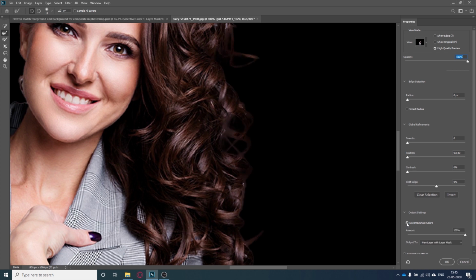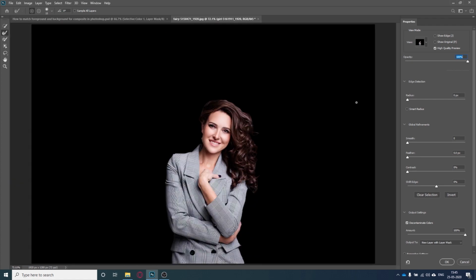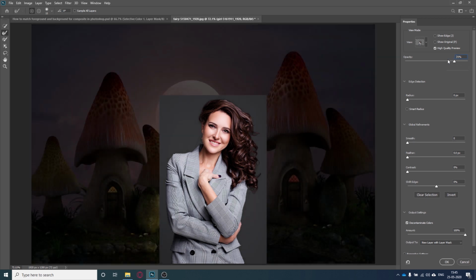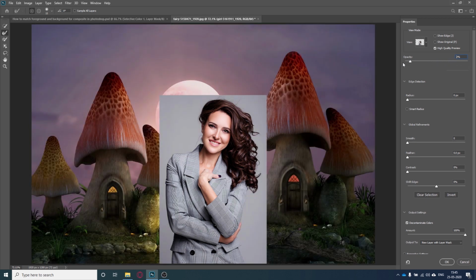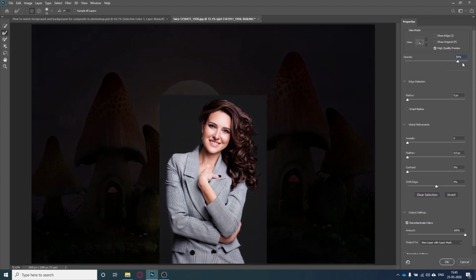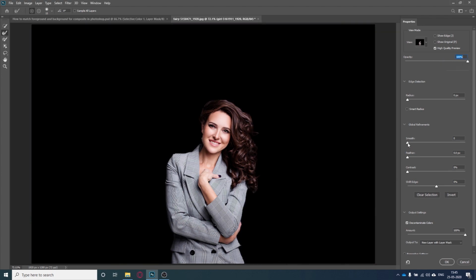You can see we have a huge change here on the edges of this image. Now I will press Ctrl 0 to view the image properly. So now this is our image. I will reduce the opacity to 0 so that I can see the composite properly. Now I will smooth the selection a little bit.